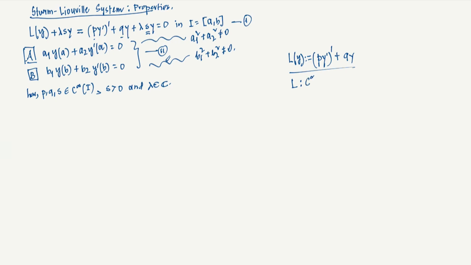For now we can just assume it to be C infinity of I. So the domain is C infinity of I and the range is C infinity of I. What do I mean by this? This operator L takes a smooth function and gives you back a smooth function. Now, here we were assuming that P, Q and S, all of these